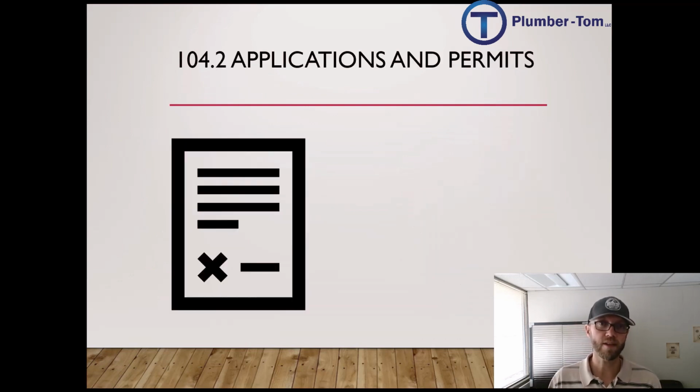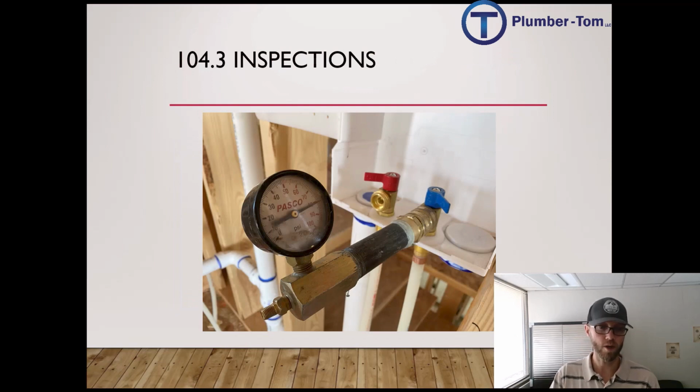Now, we recently looked at this process in modern plumbing, but in the code it spells this out as well. For construction purposes, you would need to submit an application and receive a permit, and it is the code official who reviews your application, the plans, and will provide a permit. The code official is also the one who comes out and does inspections, and there are other sections in this code that will tell us the specifics on how we go about inspections, but in short, they're the ones who would get to approve your work after an inspection.